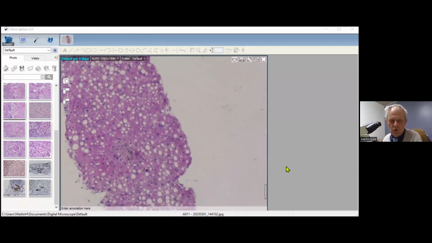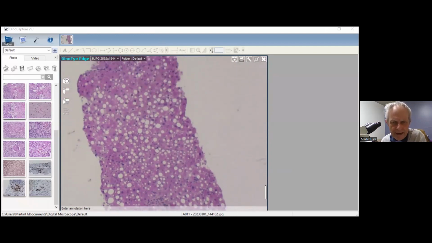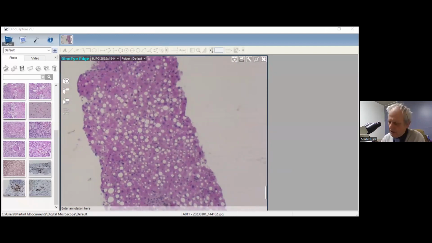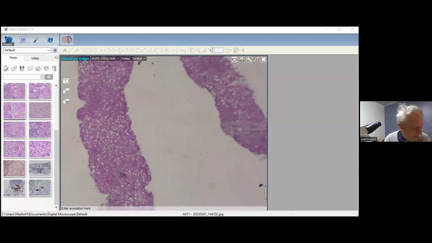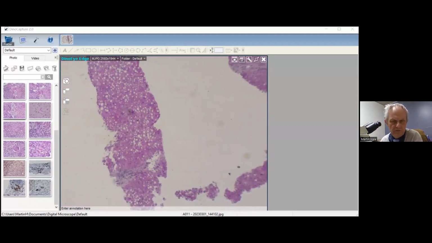And if we were to score this, and if you've got a pen and paper, you can write it down next to you. Just under low power examination, I felt that there was about 34 to 66%, about two-thirds of this liver, showing large droplet steatosis. So I gave that a score of 2.